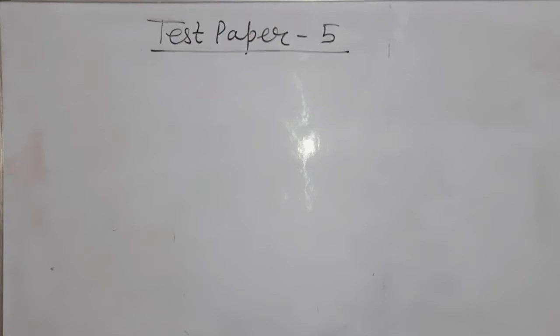So students, today I am going to explain you test paper 5, and every test paper at the end of the chapter comprises of all the types of question given in the chapter. So you have studied the chapter fractions and I have explained you each and everything very clearly. Still, if there is any confusion in any topic, you can comment down in the comment section. I will be explaining it to you.